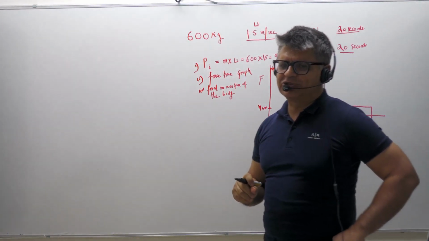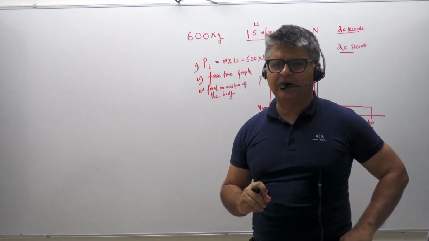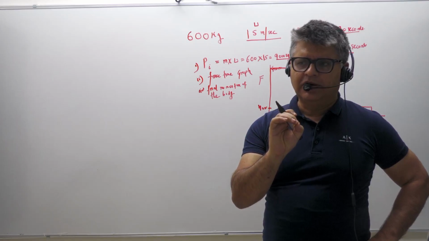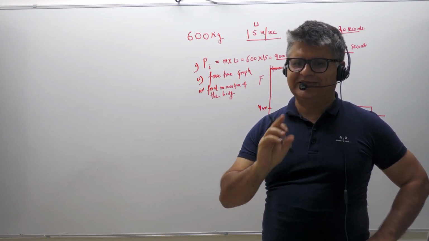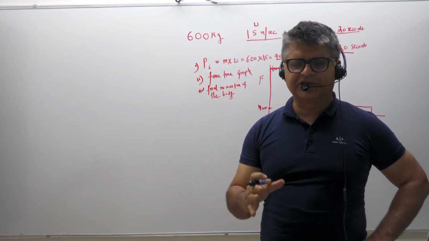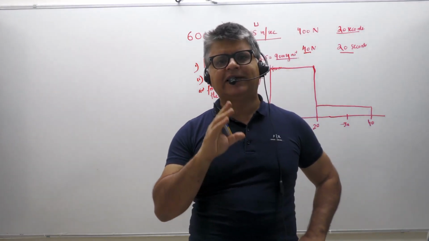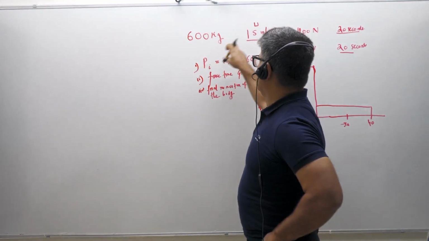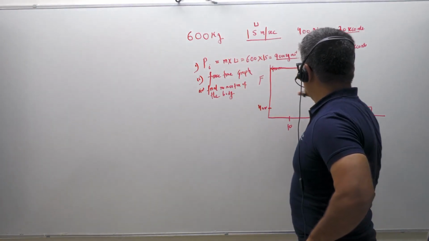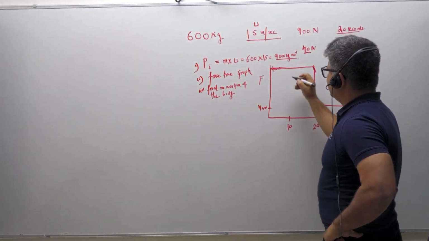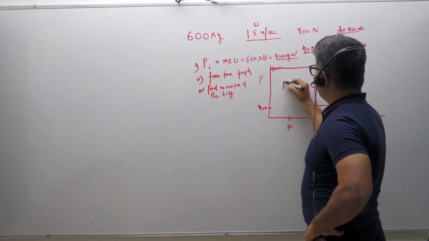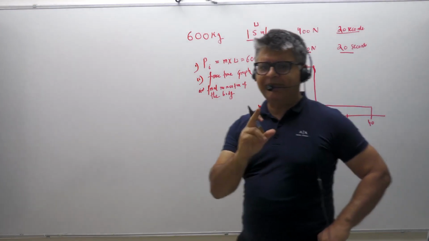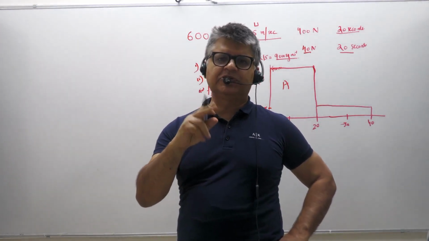That's a conceptualization process that you need to think about, right? So if you look at it, the question is clearly from the chapter of momentum. There is a change in momentum, there is an application of force, there is a time period which is involved, 20 seconds and 20 seconds, and there is an initial velocity, right? But if you look into this whole thing, this particular part, the part A, what does it tell you? The area under the curve. Now I'm taking the conceptualization to the next level.